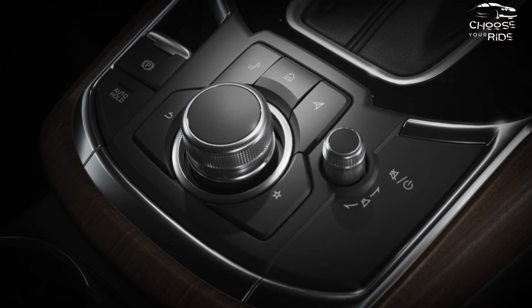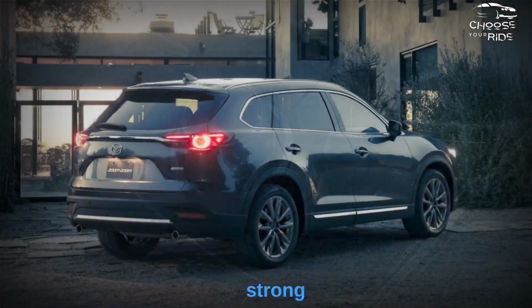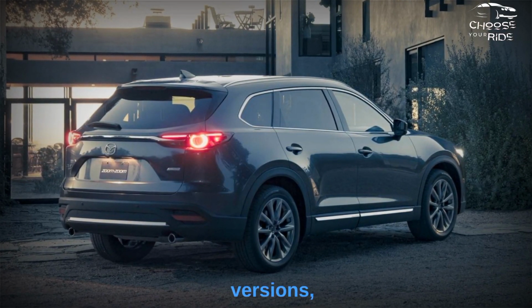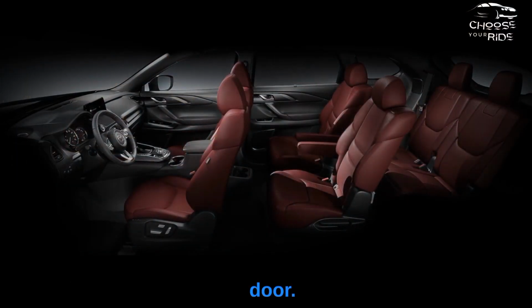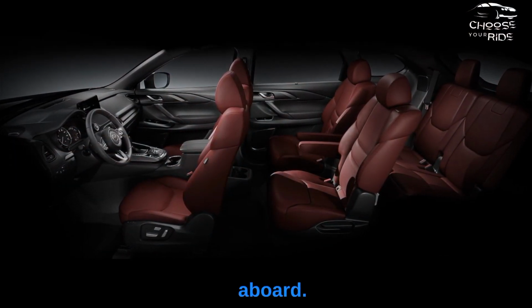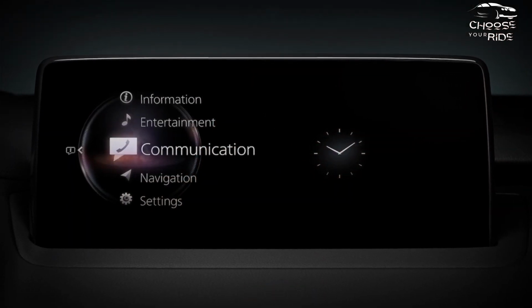The front seats include a standard power switch for the driver and heating for both occupants. They are strong but united. The second row includes the director's seat in many versions, which is accessible through an open door. The third row is difficult to reach and offers little space once aboard. Think of the comfortable space of a Spirit flight except for the greater chance of getting to your destination on